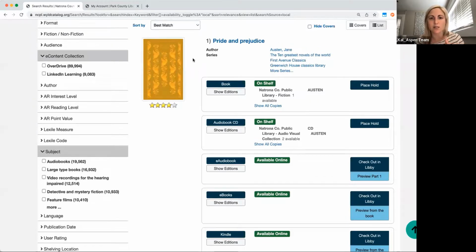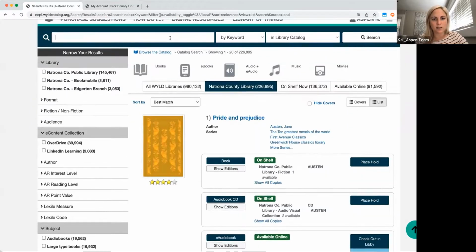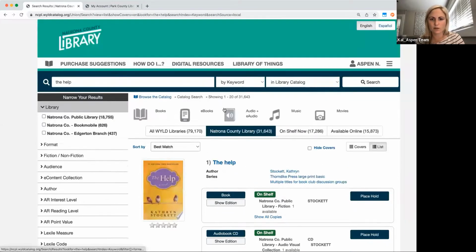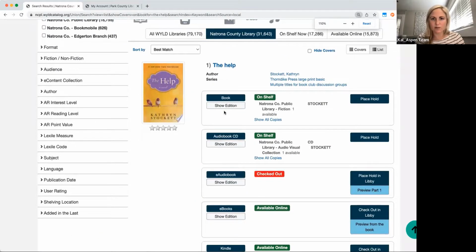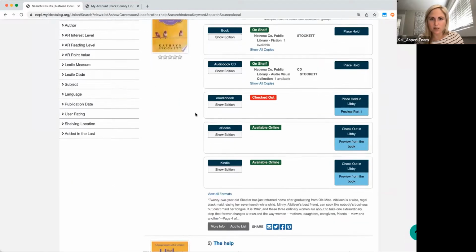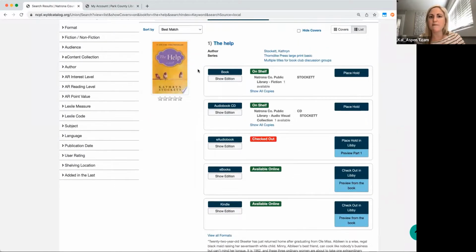So what that means is, let's look at The Help. And let me just make this a little bit smaller so we can see. Okay. So in this case, we have the book, the expression of the work, the printed word of The Help, the same title, the same author.